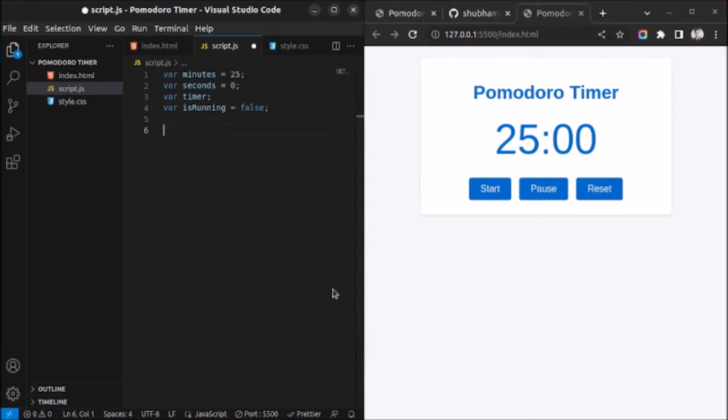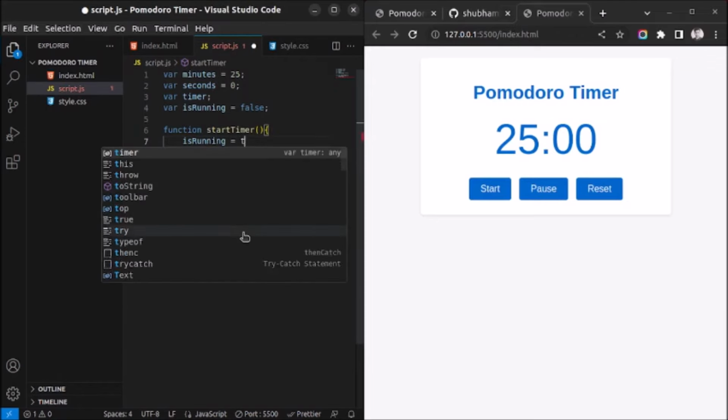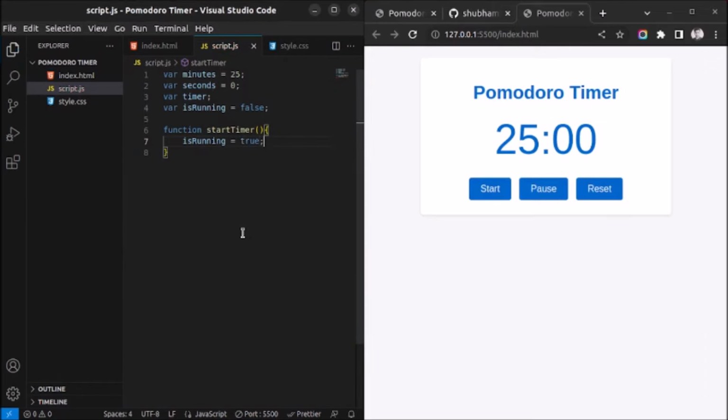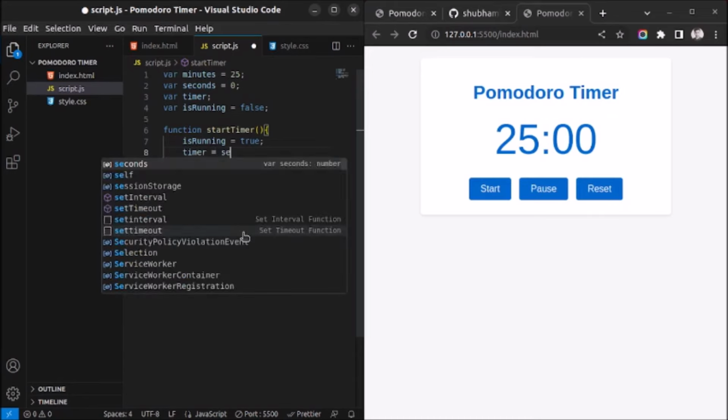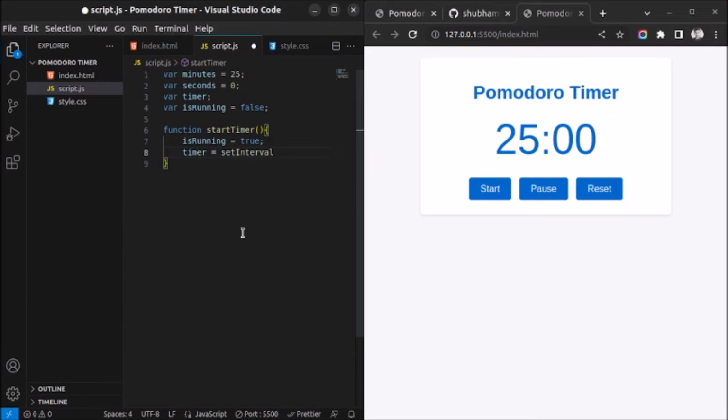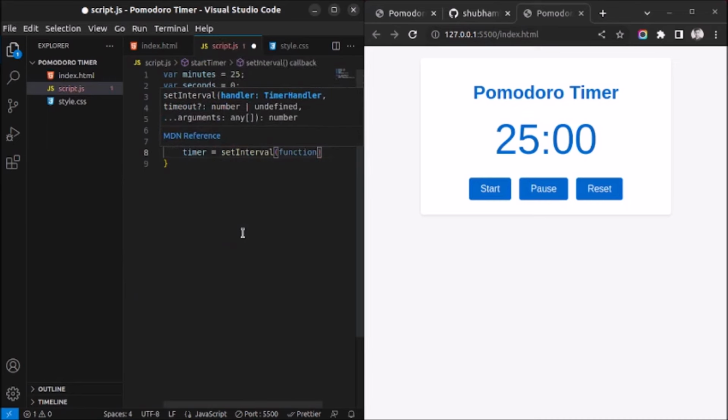Now let's create one method called startTimer. So this method will start the timer. So function startTimer, and let's set isRunning to true. Here we have started the timer, that's why we are setting isRunning to true. Now we will start the timer. So timer equals the setInterval method, and under that we will pass the callback function,